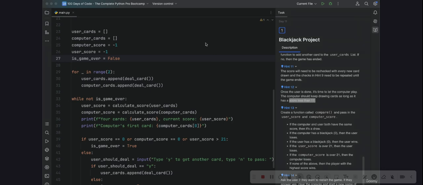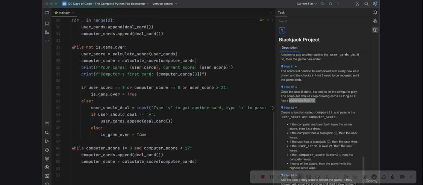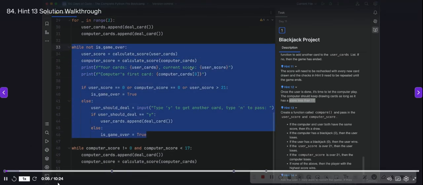At this point, we've created 2 while loops. The first while loop is for the user, so that they can continue taking cards, and the second